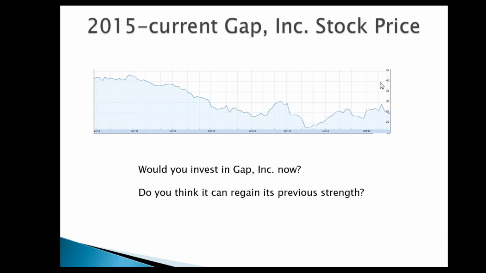Another one is that they should focus on the values that got Gap to where it is, or where it was. That is absolutely correct. You hit it right on the head. Yeah, they seem to have gotten away from that a little bit. And another one, to take pointers from Zara as far as their distribution and supply chain.